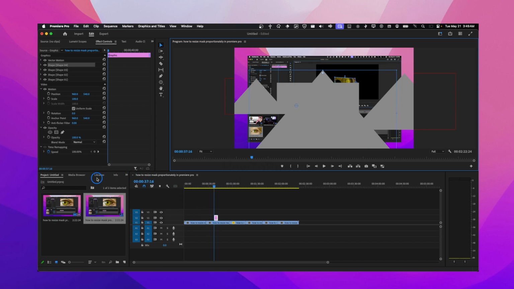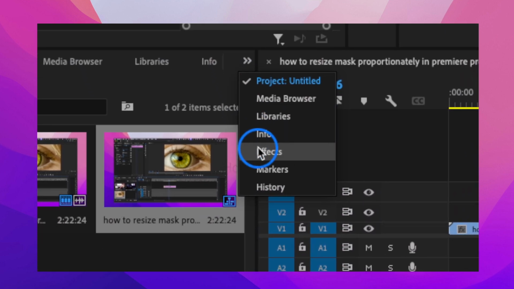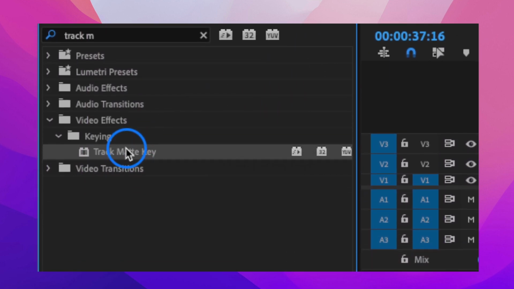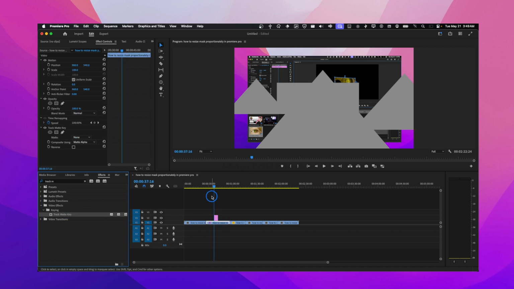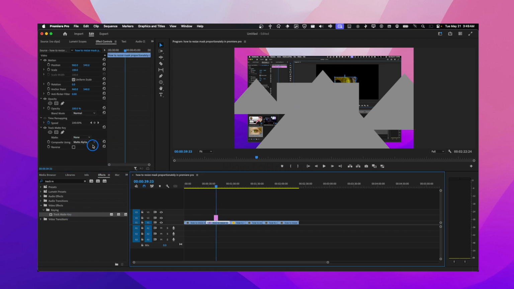And now what I can do is go to effects, and then here I'm going to grab this effect. That's going to help us put the video inside all the shapes here. And now this is very important where we drag this video. We can grab and drag it onto our video. And then here we're going to select